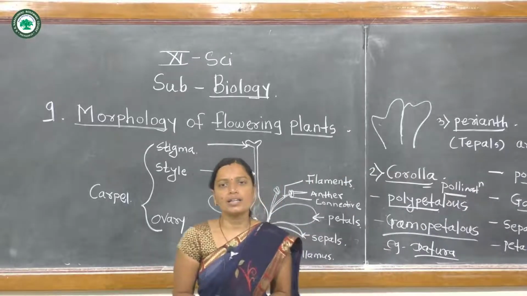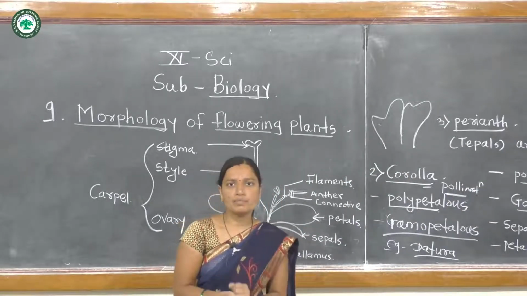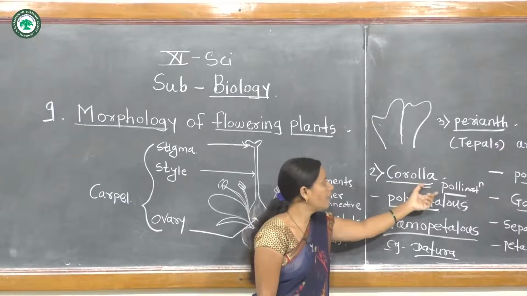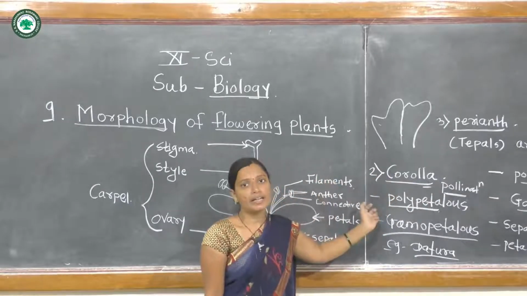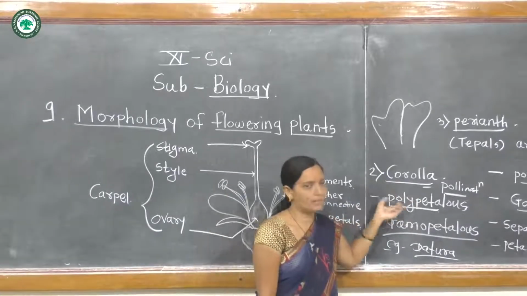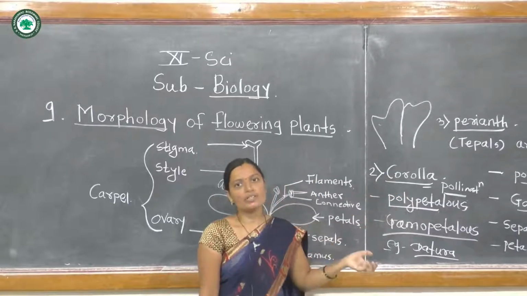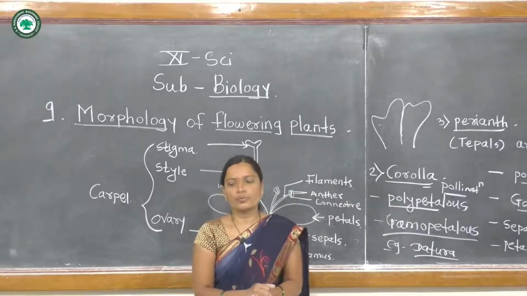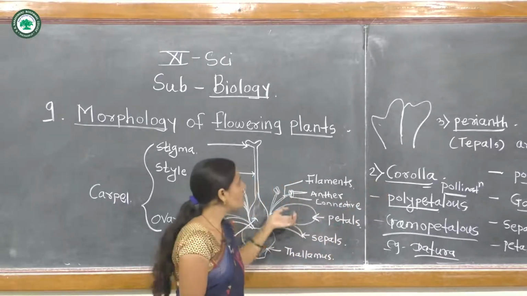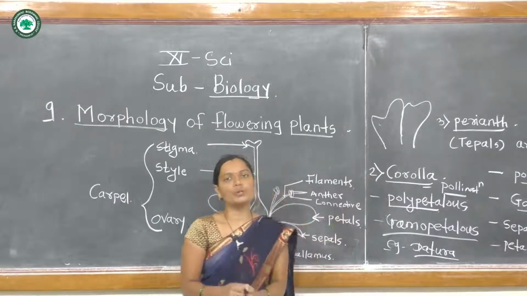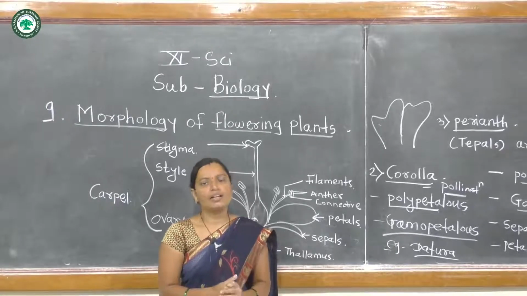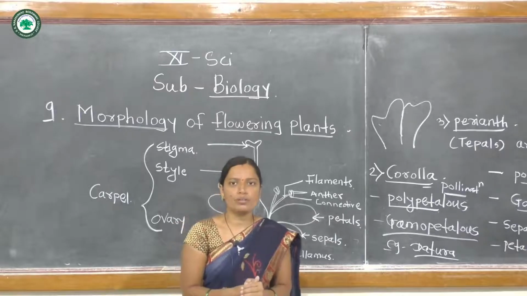In scented flowers, a specific smell is produced, and that's why the petal is attractive, and insects or birds are attracted toward these flowers, and the pollination process occurs with the help of these insects, because the flower is attractive and colorful. This is the second floral whorl of the flower. The calyx and corolla are the two important whorls of the flower. The first whorl is the calyx and the second is the corolla. These two whorls are the accessory whorls of the flower.